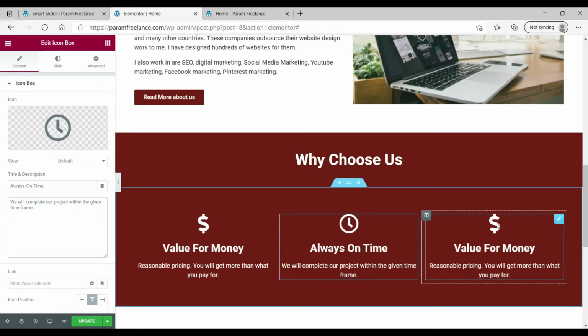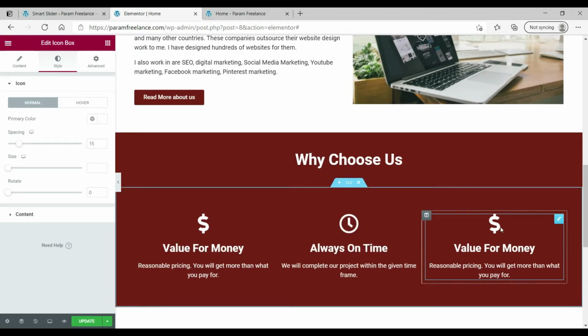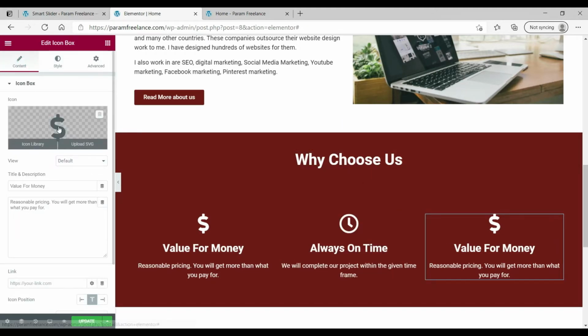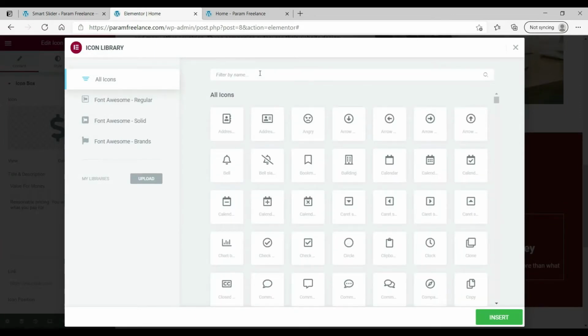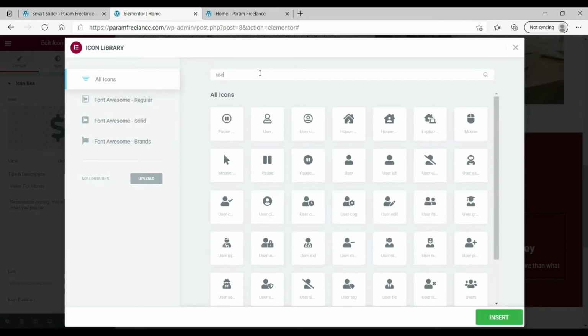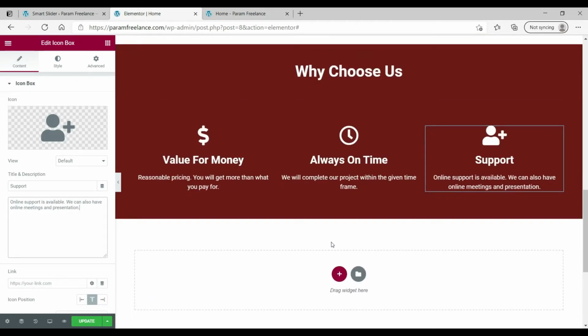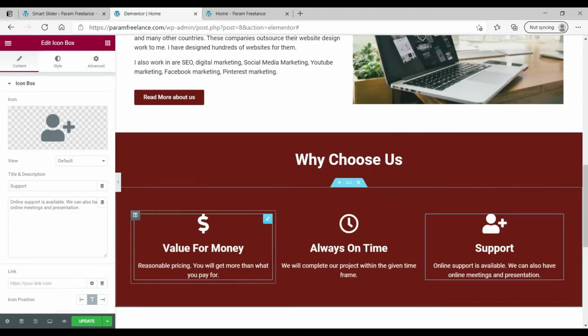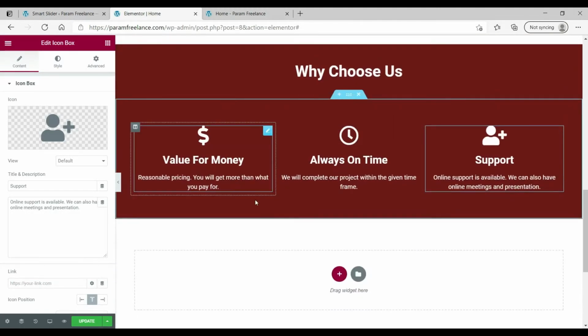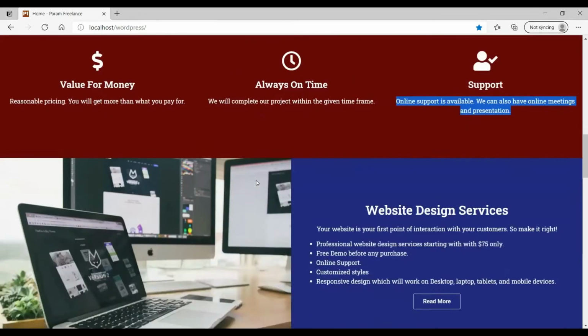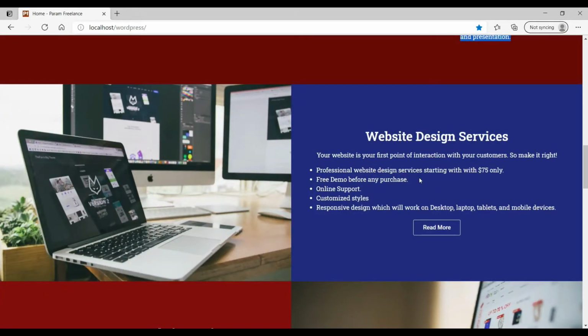Okay, now go on to the next one. This one, look for the icon, something, this one, use this one, change the text, change the content. Okay, so now this section is ready. You see this is the title, then these three boxes with the icon. Now let's move on to the next section, that will be this image and this content box.